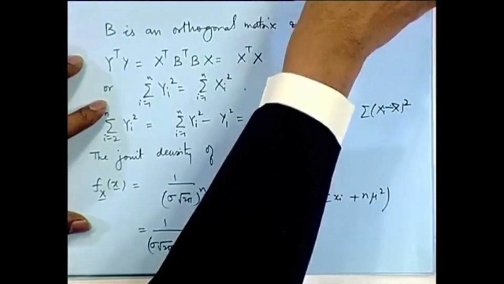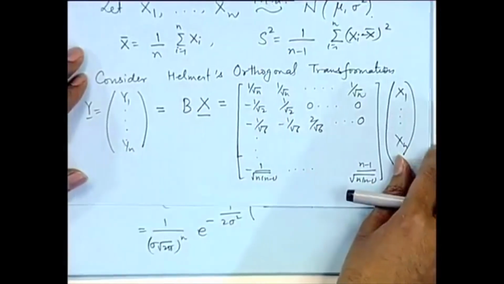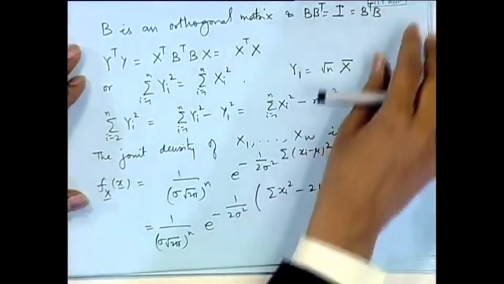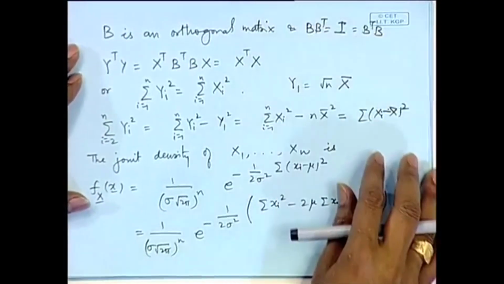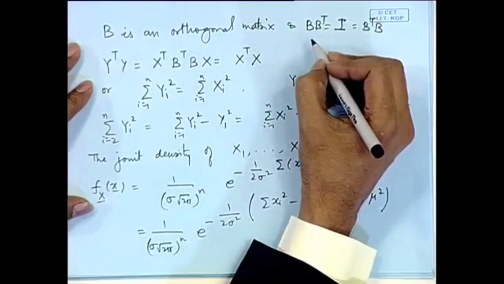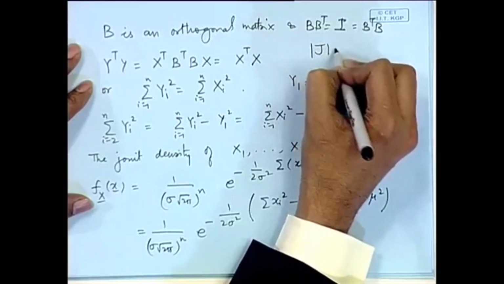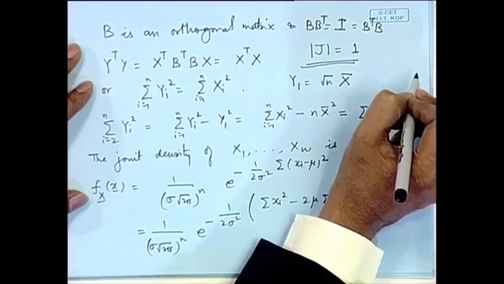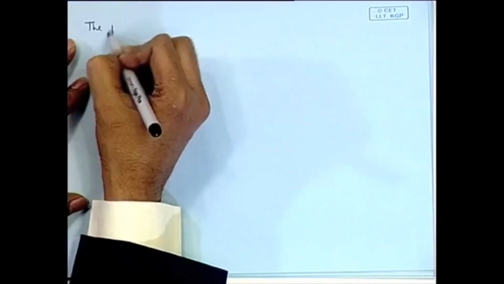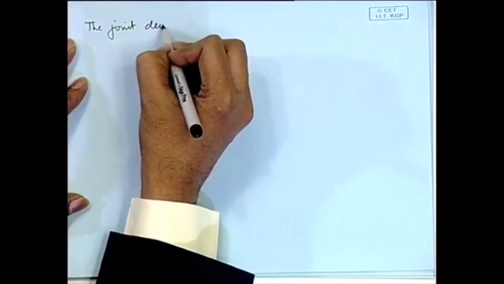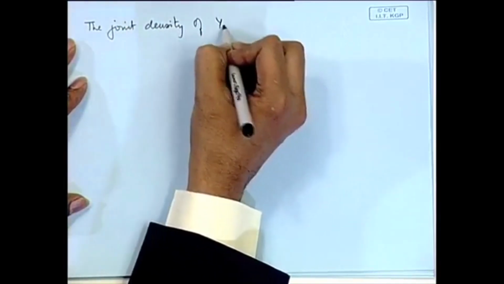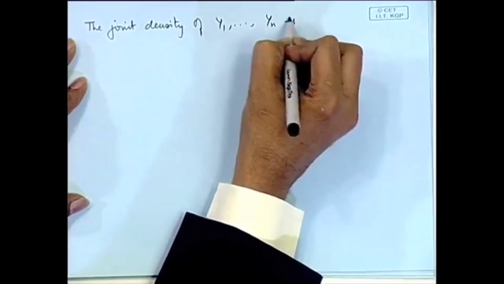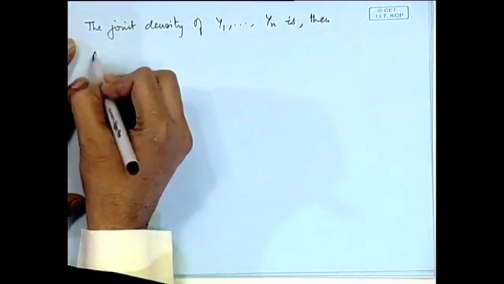When we consider the transformation y equal to B x, and B is an orthogonal matrix, then we know that the determinant of an orthogonal matrix is either plus 1 or minus 1. So, the Jacobian of the transformation will have absolute value 1. So, this will be used for calculation of the transformed density. So, if I consider the joint density of y_1, y_2, ..., y_n, then it is obtained as,